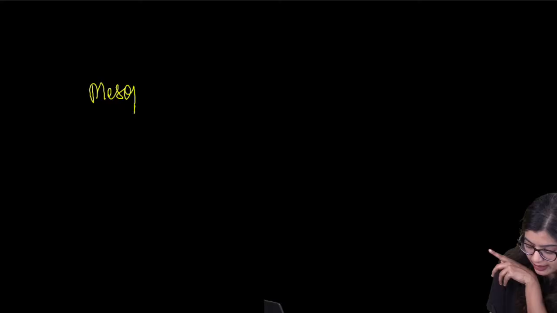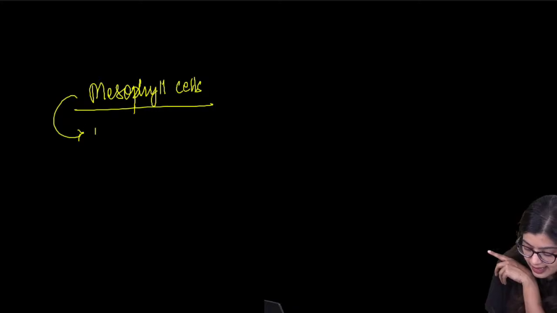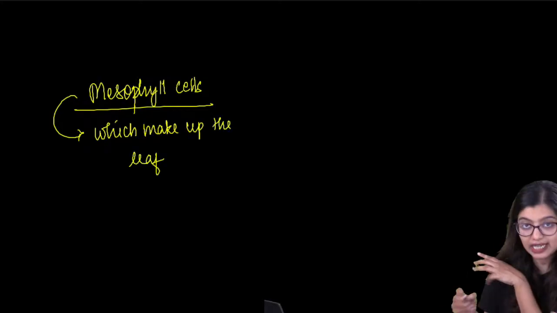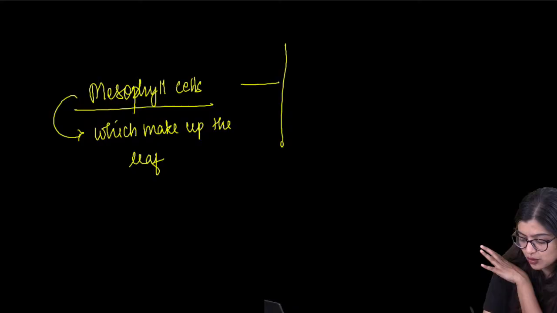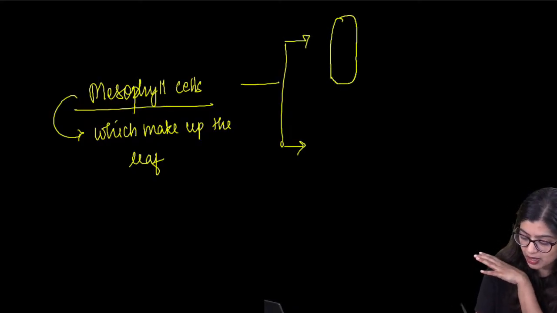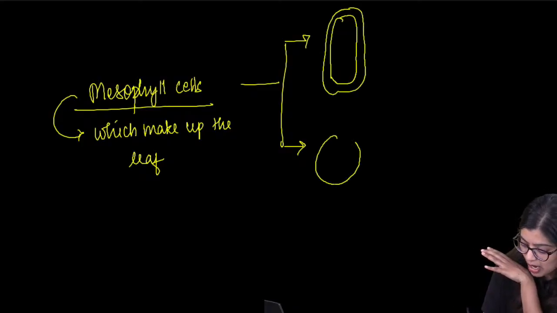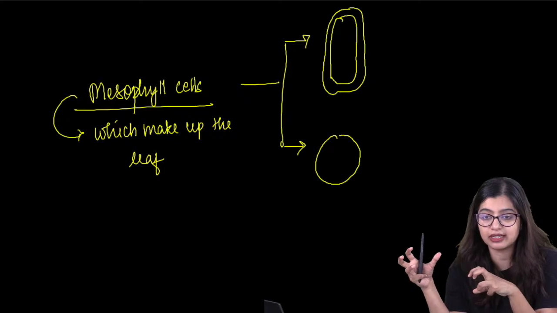So we have these long cells. So let me quickly revise this. You can write this down. So you have mesophyll cells. What are mesophyll cells? These are cells which make up the leaf, or the bulk of the leaf. Now there are two types of cells, right? So from the diagram, if you noticed, there were some which were long like this, right? Then there were some which looked bouncy and there were some spaces between these two.